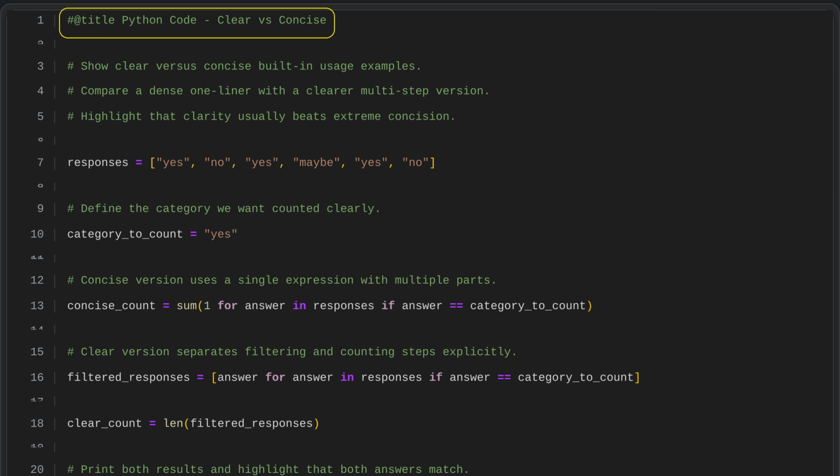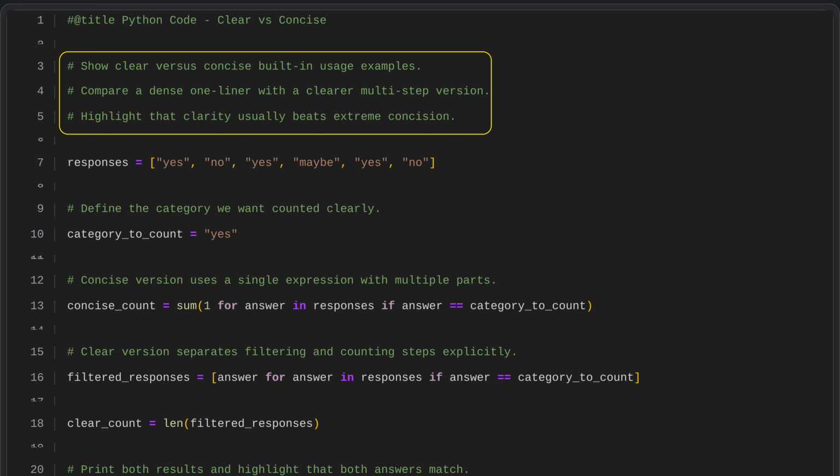Python code, clear versus concise. Show how to use built-in features in both a clear and a concise way, and compare a dense one-line version with a more readable multi-step version. Emphasize that while short, compact code can look impressive, it is often harder to understand and maintain. Make it clear that, in practice, choosing clarity over extreme concision usually leads to better, more reliable code and easier